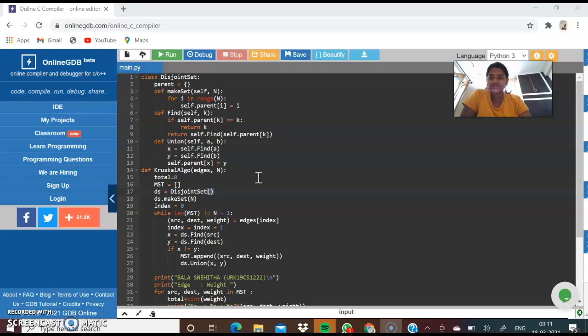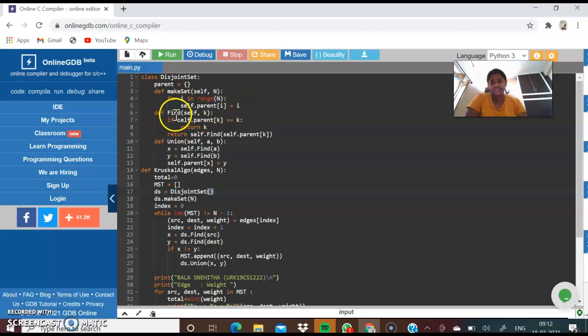Now I'm going to explain my code. First, class DisjointSet. Next, parent equal to an empty list. Then we have to define a function, init, taking self and n. Then for i in range n, self.parent[i] equal to i.